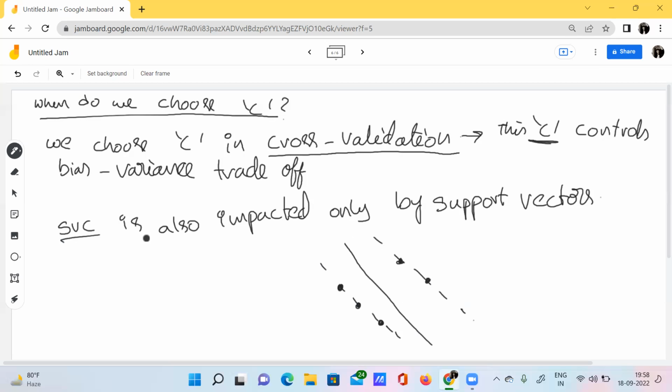So here we are saying if we change any of these data points, then only it will impact our support vector classifier, which is this straight line. Then only our support vector classifier will get impacted. If I change the rest of the data points outside of the margins, then it won't have any impact on this particular support vector classifier. Clear? That's it.